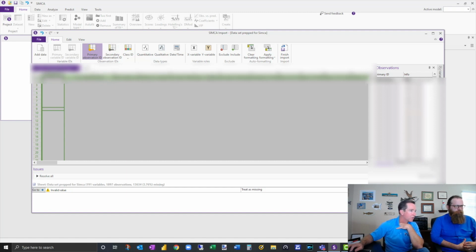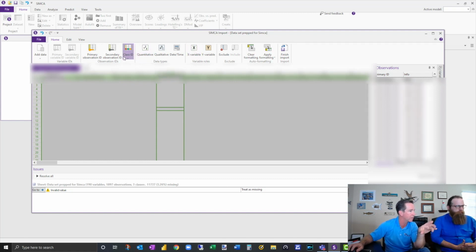One of the things that I want to look at is this particular column is my good or bad. I'm going to make that my class, right? Yep. Is the good or bad. That's that quality parameter that I want to make good or bad. And so let me go through here.